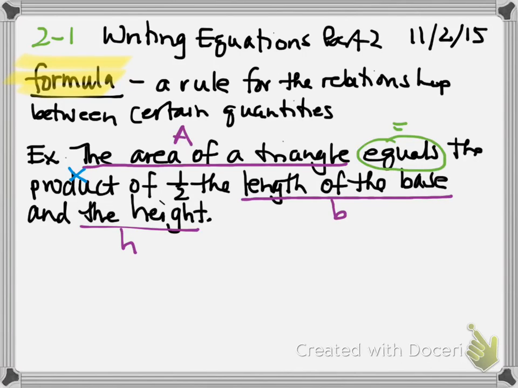Now, what you need to understand is they don't just willy-nilly pick out letters. They pick out letters that kind of represent the pieces of this particular shape. So when I write, I have area equals, and then it says the product of. And remember we said the product of when we have the word and, that's saying what are the two things that are getting multiplied. Now the one thing that I didn't do anything with was this guy, because a half is a half. We don't have to translate that, and they kindly wrote it in numbers, so we already know what that looks like. So what I'm going to multiply is 1/2 the base